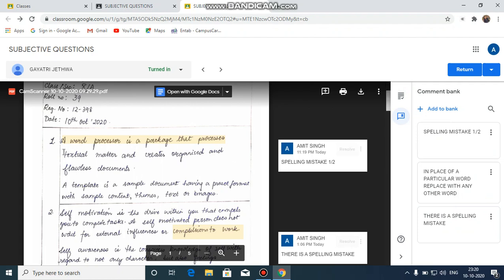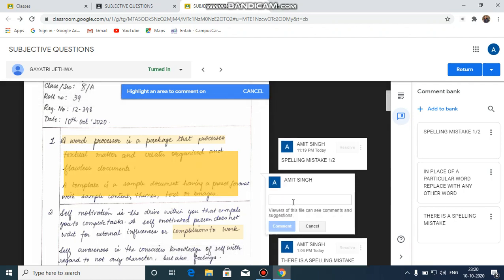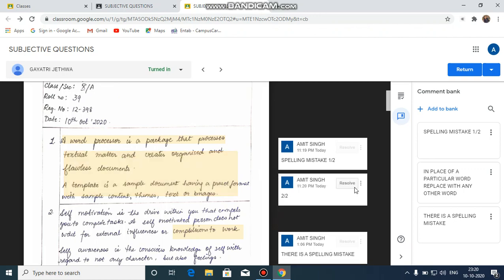Again, we can also provide numbers with the help of this add comment section to each and every particular question on this page. Say I want to give the marks separately, if there is no mistake in any question and you do not want to write any comment, you simply want to put numbers, which we do in physical copy correction, where we provide numbers to each and every question. So we will just put the individual marks to each question, then click on the comment again, then we can add this to the bank.